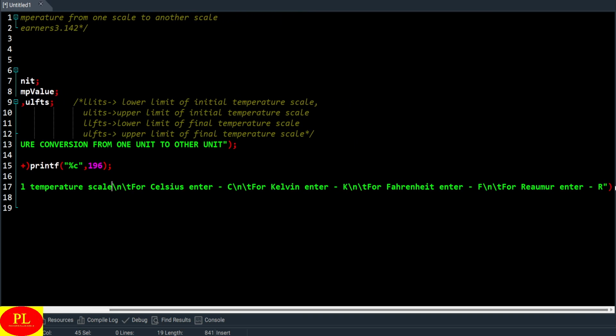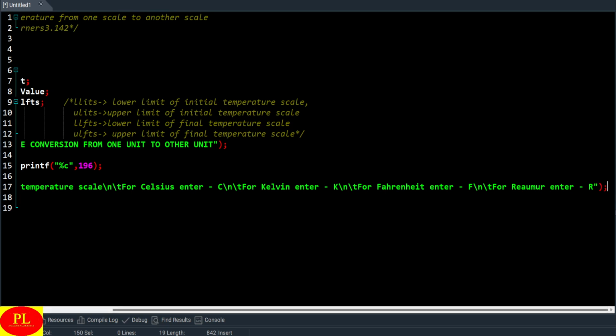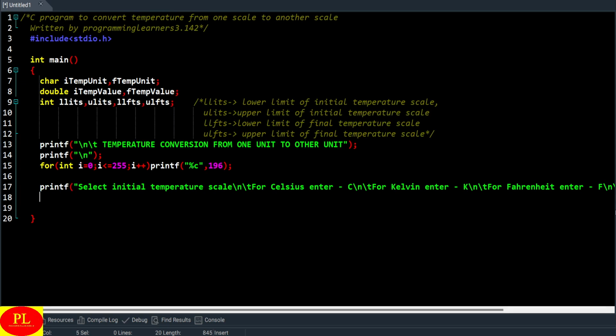Now we will put a semicolon here. Return 0. Let us first check this program, how the output screen is getting generated. Okay, so for that we need to save this program. Control S. The name of the source file is